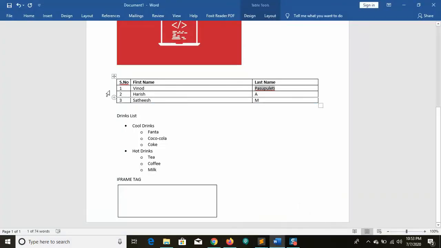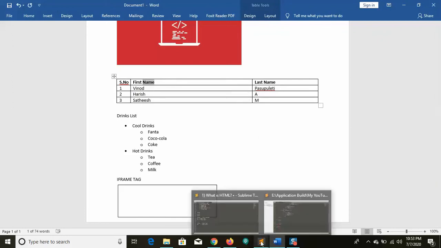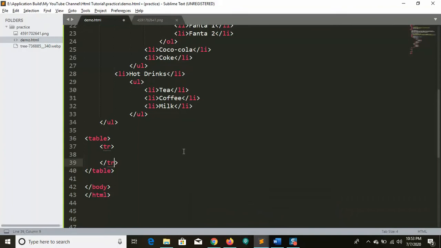Let me take this table as the example. Think of it as a table row. Inside this row, we need some headings, right? Serial number, first name, last name. Let's do it in the same way. In the table tr, we can have the th. Sorry, not th, table head.